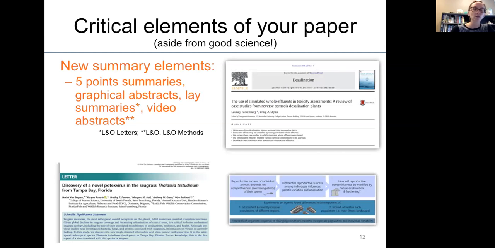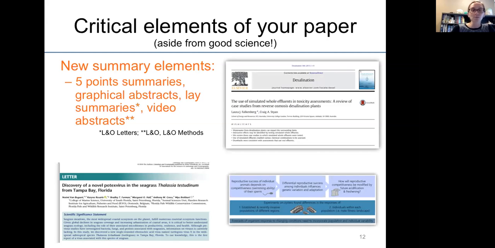So ASLO publications like L&O Letters requires a 3-point or very short significance statement that is distinct from the abstract. So it's in addition to a normal abstract. L&O Methods and L&O also allow you to produce video abstracts that they post online.